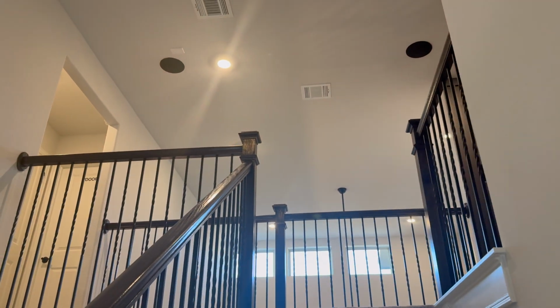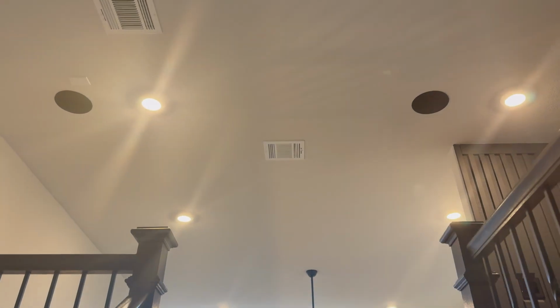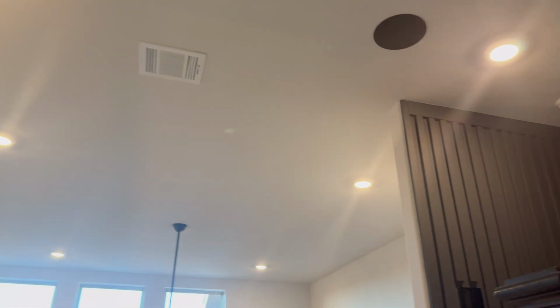Now what we'll do is go upstairs, and what you'll see, as some of you have maybe seen in the reel that I posted, is these in-ceiling speakers. This is also running to a Wii amp. What I did is ran it through the attic into my media room. All of this is DIY, by the way. Got this hidden door,